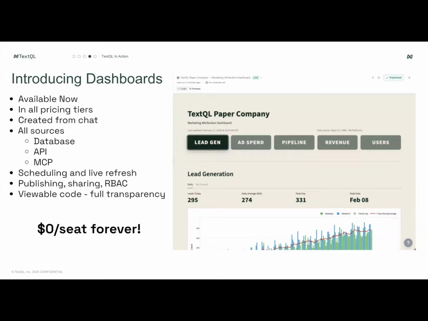Dashboards are a new primitive inside of TextQL. They're a completely new kind of object that we didn't have before. There is an output type, and you're going to see that in Tony's demo for dashboards. Dashboards are available now. You can go into TextQL at app.textql.com in all of our pricing tiers, and if you connect some data or use some of our sample data, you can create a dashboard right now